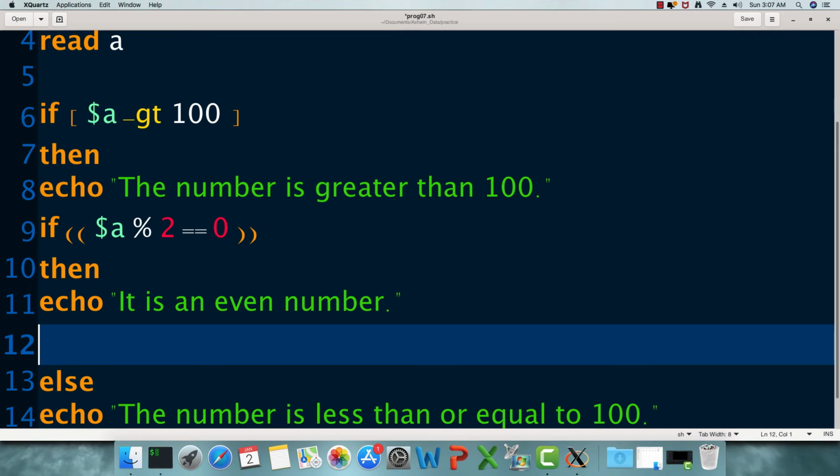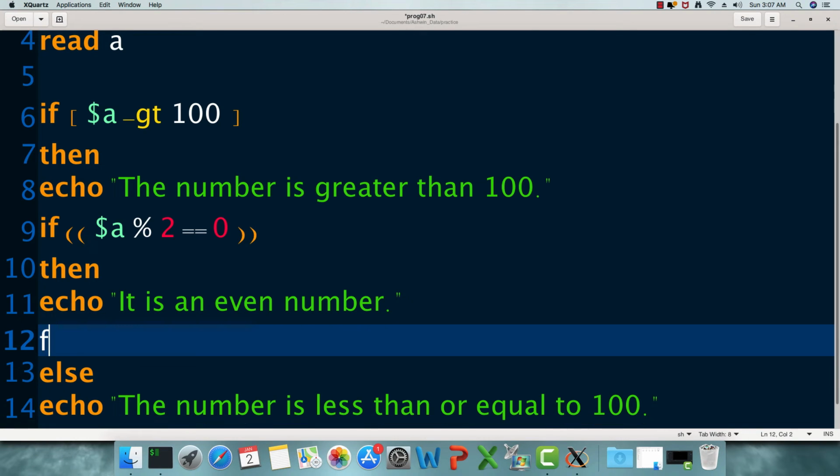And fi, fine. So we are just introducing another condition here in the nested if.